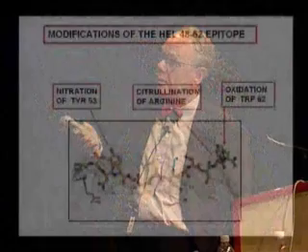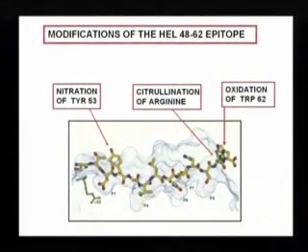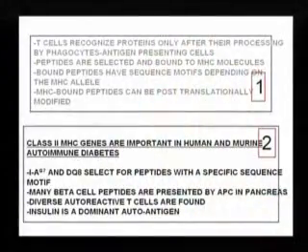You can also see actually oxidations of tryptophans in here. And interestingly enough, some of the arginines are citrullinated, which is an important post-translational modification in rheumatoid arthritis, where there is abundant antibodies to citrullinated epitopes. The relationship of these to disease have still to be examined and determined. So let me go then, after this very brief overview of these issues, to then discuss with you the studies that we have been doing in autoimmune diabetes.